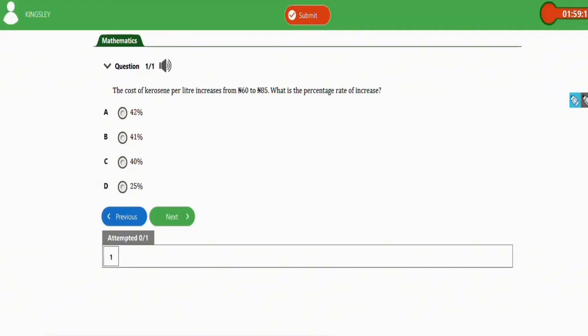So guys, for this question, to get the percentage rate of increase, you're going to apply the formula for finding percentage error. So basically, to get the increase, you subtract 60 naira from 85. So 85 minus 60 will give us 25 naira. Alright, now to get the percentage rate of increase, it will be